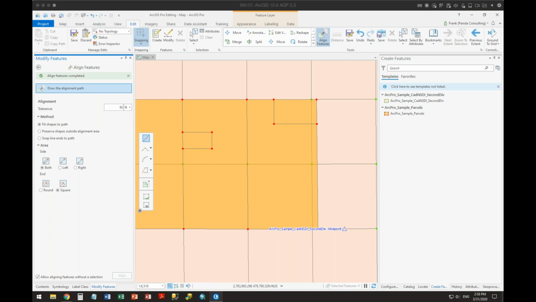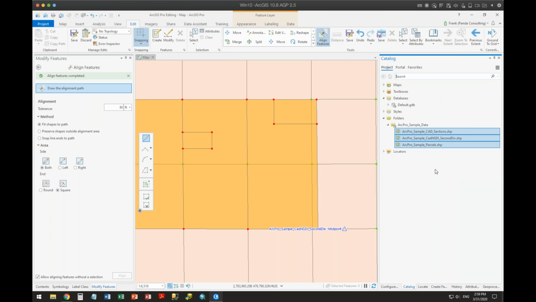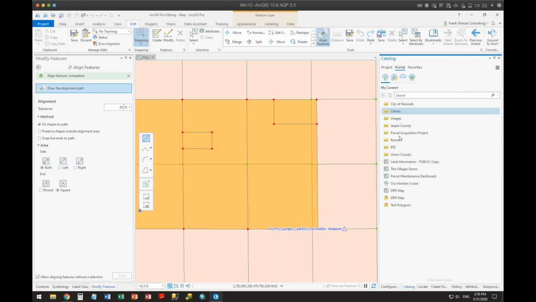Second question regarding the scripting of doing that. The interesting thing about this is that you don't need a script. So, for example, if I go in here to catalog and I go to portal, this is my ArcGIS Online already.